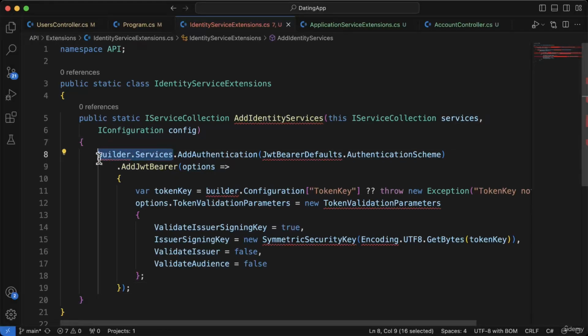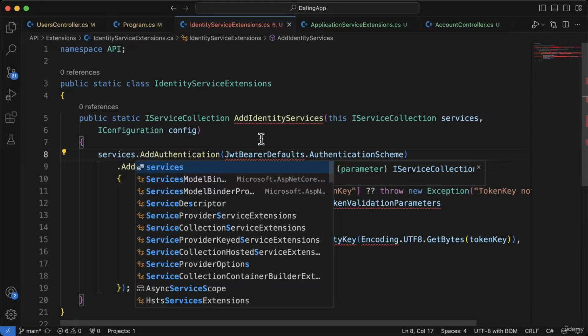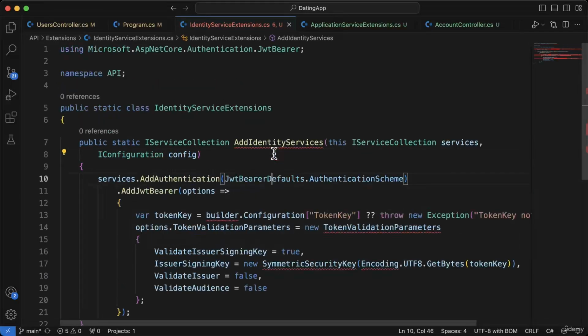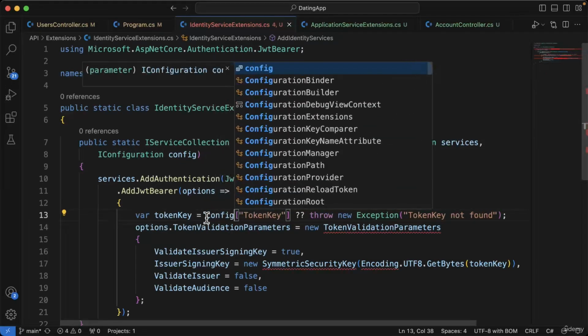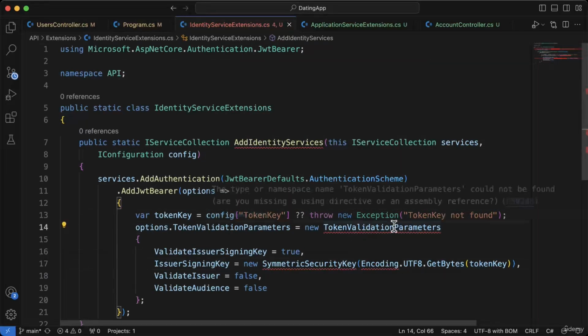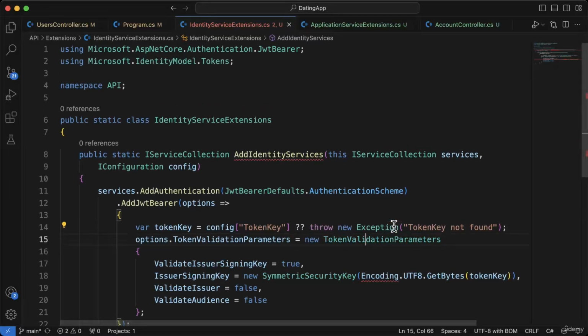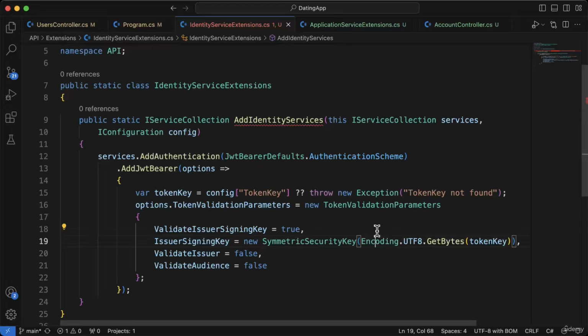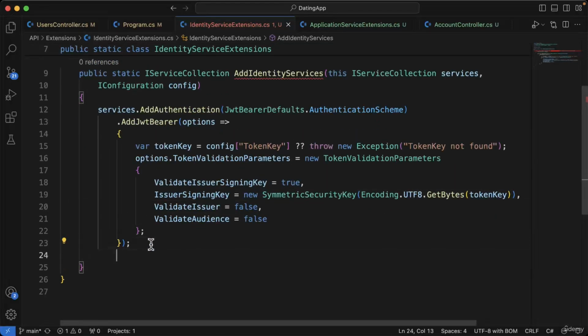I'll change builder.Services to services. We'll import the JwtBearerDefaults or add the using statement for it. The builder.Configuration will swap for config. And the rest of this, we just need to add the appropriate using statements where necessary. And then below the services, we'll just return